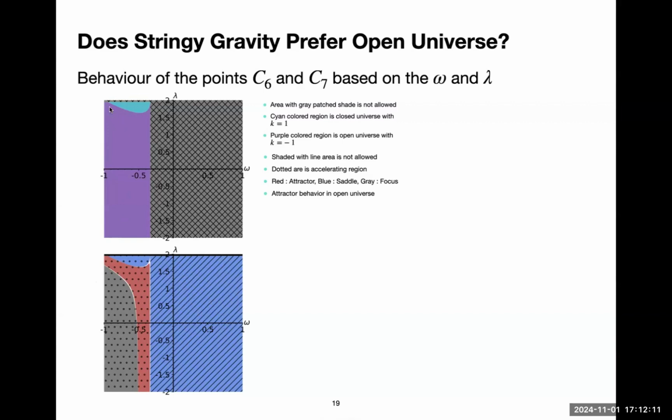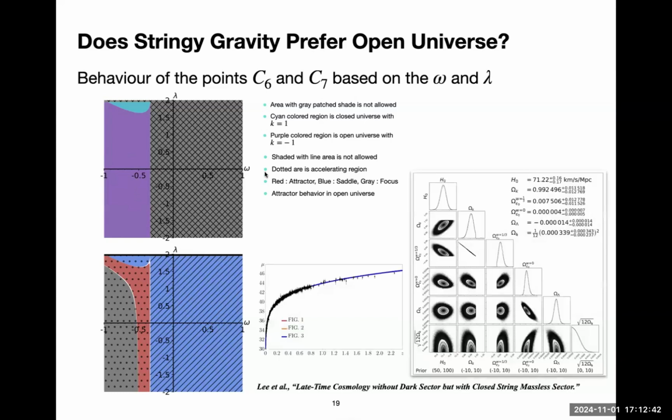But you see in the open universe part, the behavior of the point is an attractor one. Even though it's a stable spiral, it's an attractor point. So when you take the equation of state parameters in the allowed region for an open universe, there are points in the phase dynamics of the system that are attracting and accelerating in the open universe configuration. Comparing this with the work of Lee et al., we see that they